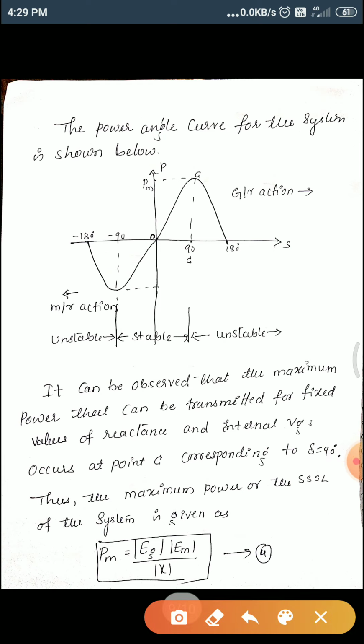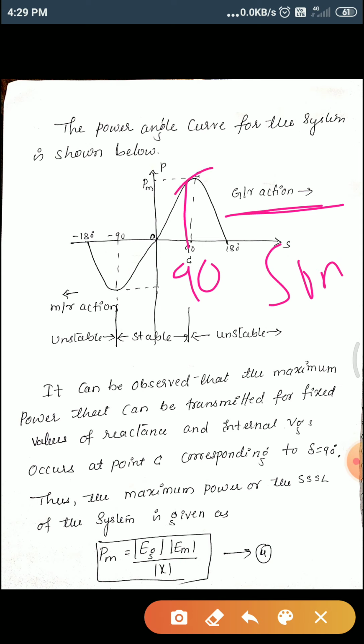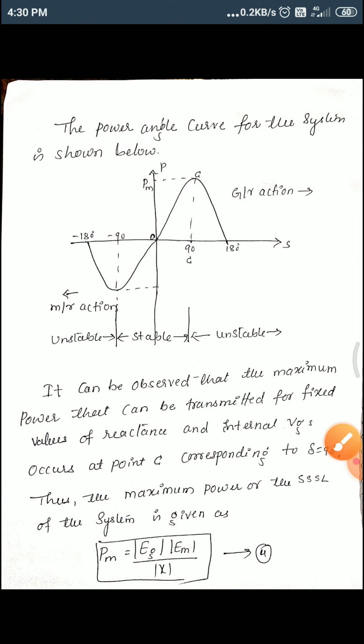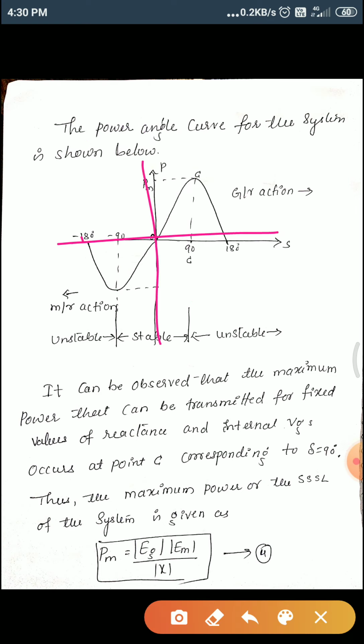At positive it will be acting like a generator. At plus 90, as sin 90 is 1, whatever E you have calculated comes into this, so it is a generator action. Here also it is the same formula, only the value will be maximum when the angle is minus 90, because it is negative in nature, since the motor is going to consume the energy. Therefore we can show the power angle curve like this.